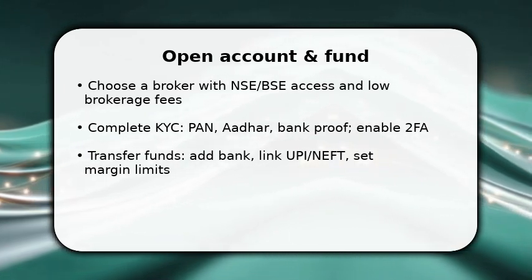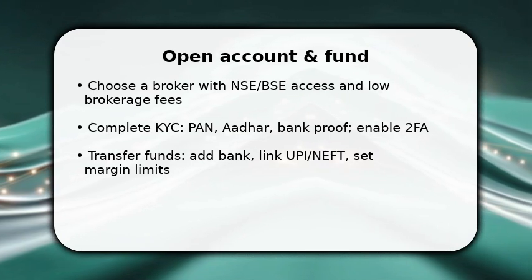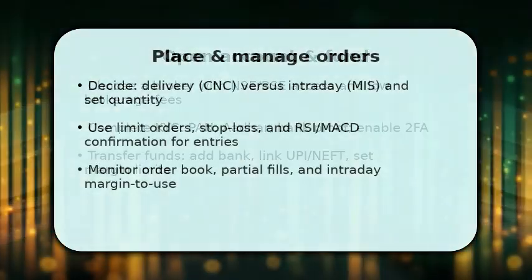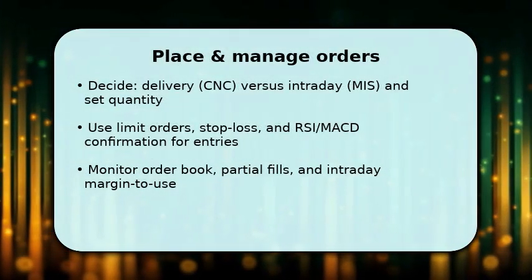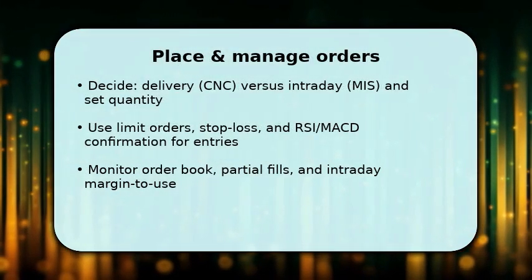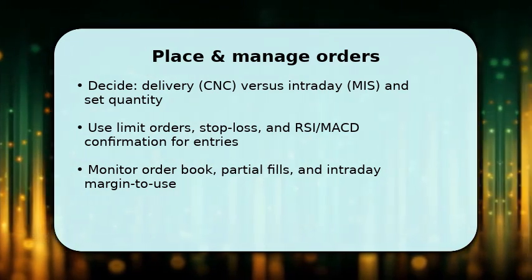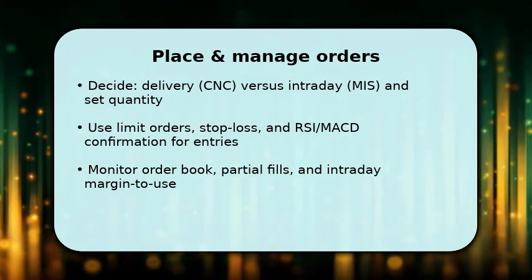Check brokerage plans and order types, so you pick the cheapest route for your intended holding period and risk profile. You now decide whether to buy for delivery, CNC, or trade intraday, MIS, and enter the correct product type. Place a limit order for controlled entry, add a stop loss immediately to cap downside and an initial target to